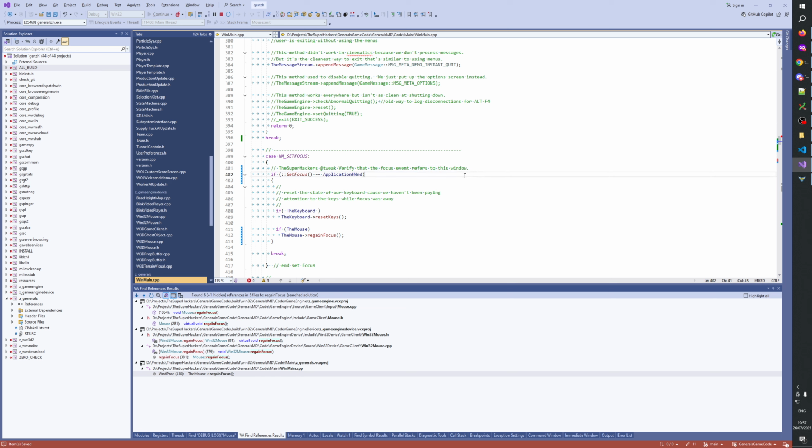First to this window. This might actually fix it.